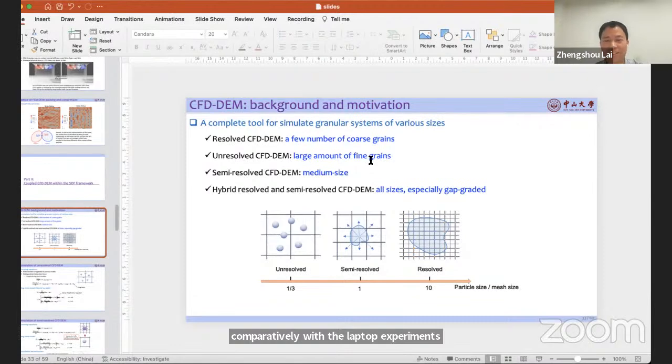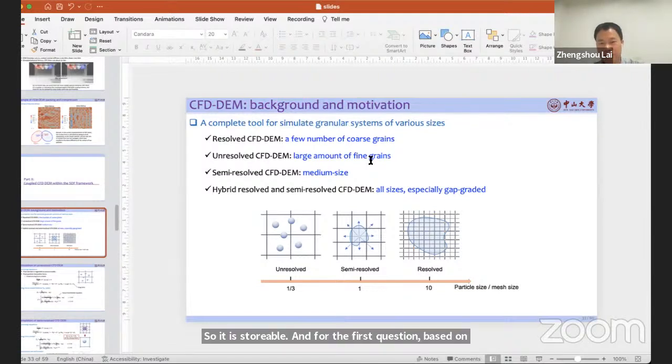Okay, I think the second question is simpler, so I will answer the second question first. Here, OpenFOAM has the Open MPI parallel feature, and also our in-house code NetDEM. We have also implemented MPI parallelization, so they can run on clusters or HPC. So it is doable. And for the first question, based on our experience,